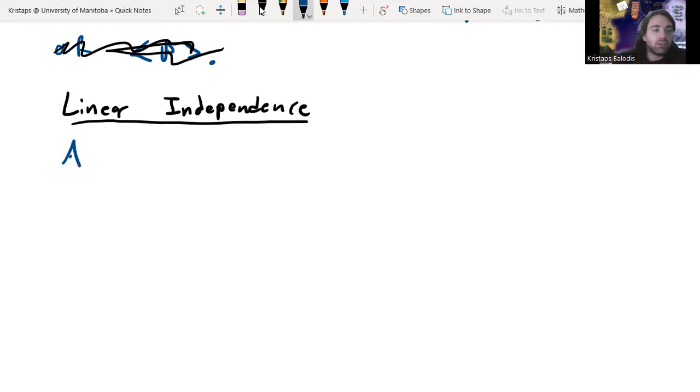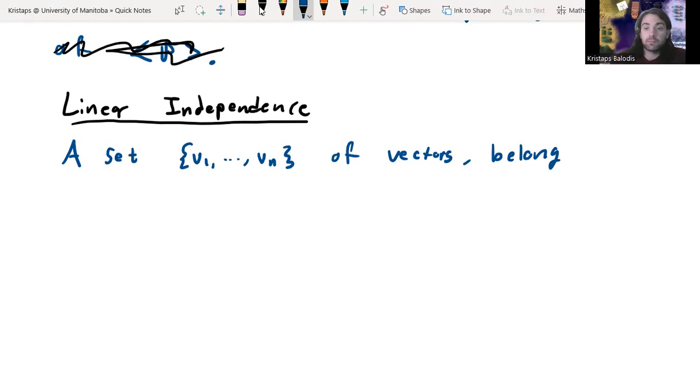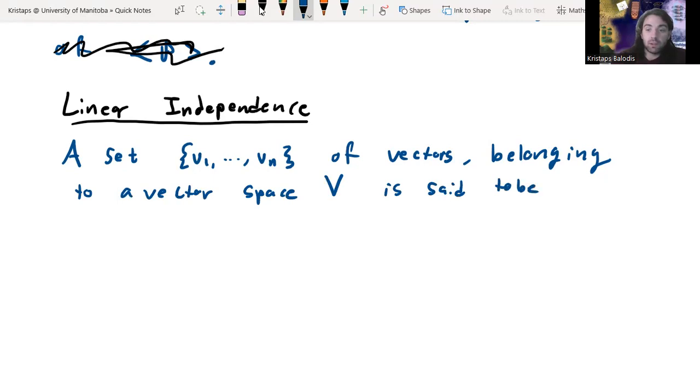So we say that a set v1 up to vn of vectors, and notice this is not the span, this is a finite set, there are just n vectors in this finite set, a set of vectors belonging to a vector space V, is said to be linearly independent if